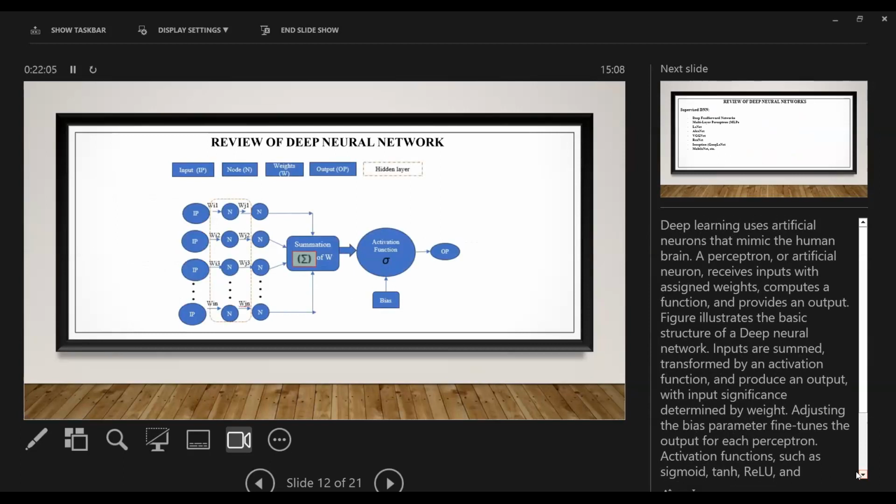The hidden layer is where the nodes are connected, and you have weights on them, W_i1, W_j1, and so on till W_in and W_jn. You get a summation of the weights, based on which the perceptron's output is calculated. An activation function is triggered over there, along with the bias parameters, and then finally the output for the input data is given.